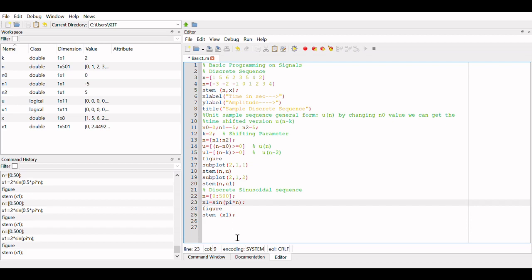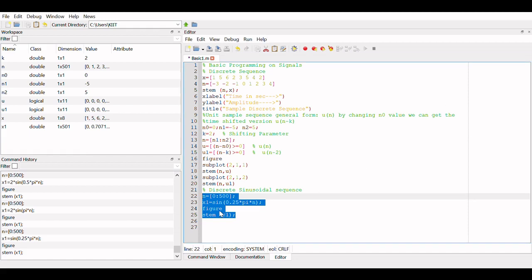So suppose I am taking some pi by 4, so 0.25 into pi. Then let's run it out. Run selection. So yeah, as it is a discrete plot, it's difficult to visualize as a sine wave.